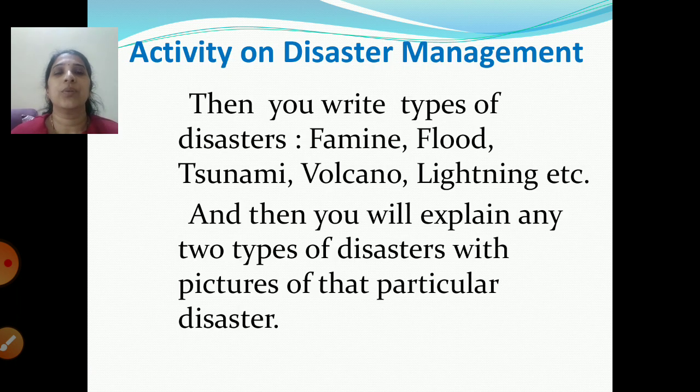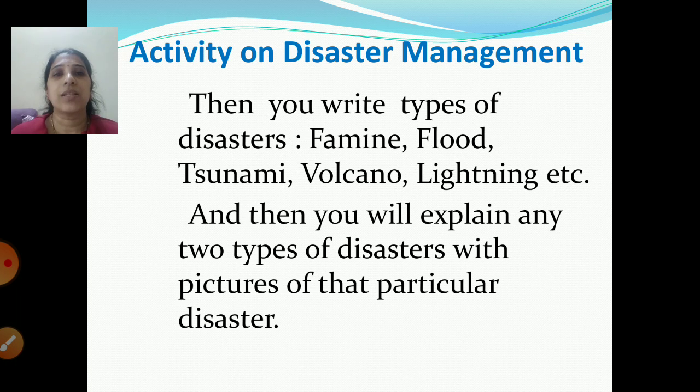Then what will you do? You will write the types of disasters, that is famine, flood, tsunami, volcano, lightning, etc. And then you will explain any 2 types of disaster with pictures of that particular disaster.